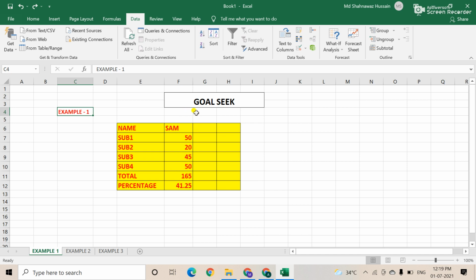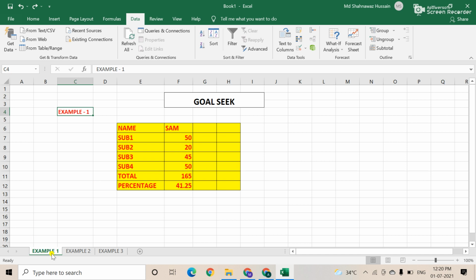Next, there are some questions like this. Goal seek is a function offered under what if analysis, a method of solving for the desired output by changing the assumptions that drive it. The function essentially uses a trial and error approach to back solve the problem, looking at guesses until it arrives at the answer. So now let's start. I'm going to explain with examples of goal seek.